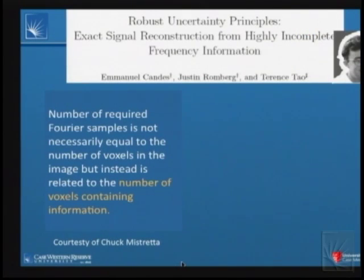So that was true until these guys came around, really. This is Emmanuel Candès, from his paper in 2005, and what they said was really groundbreaking. And these are math guys. All three of those authors are math guys. I think part of the reason this paper was so important is they immediately recognized the importance of what they had proven. And what they proved was that the number of Fourier samples to get an exact reconstruction is not